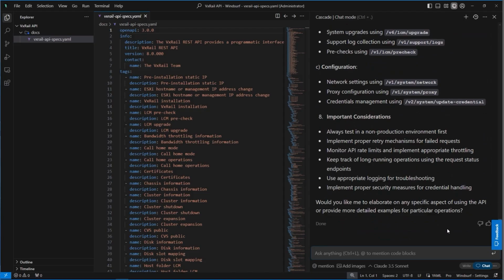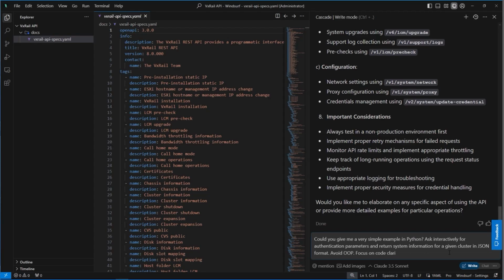Let's continue by generating code samples to see how Cascade will handle that. As with every LLM, the quality of the result will heavily depend on the quality of your prompts and the context information provided. Vague prompts can lead to equally vague responses and may result in unintended inaccuracies or hallucinations.